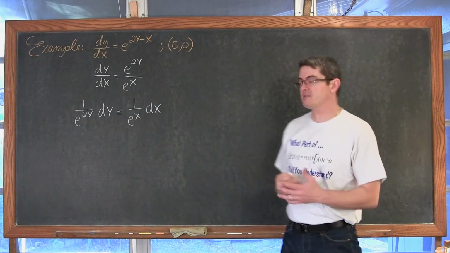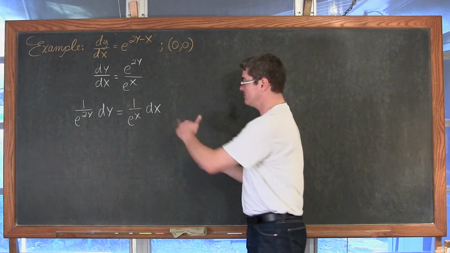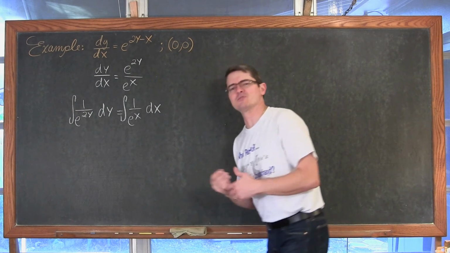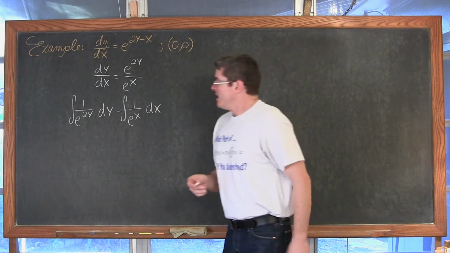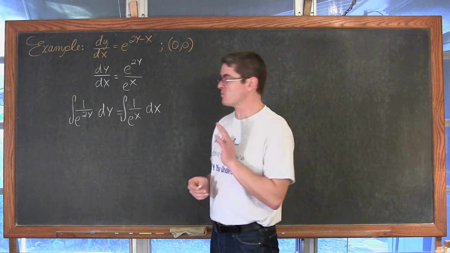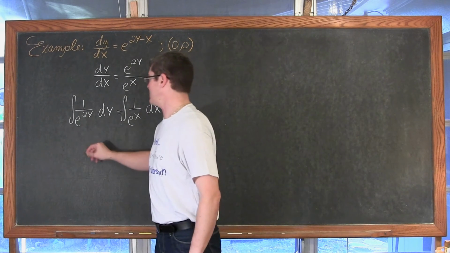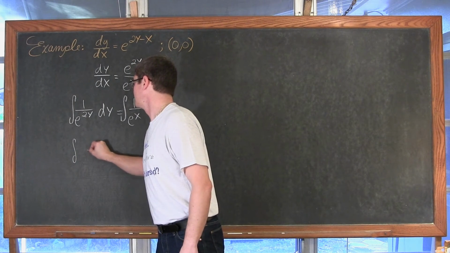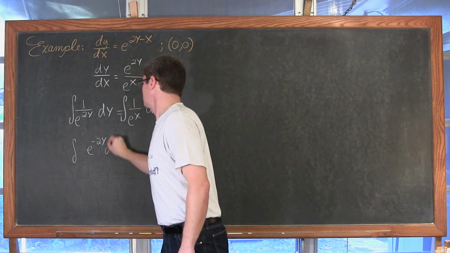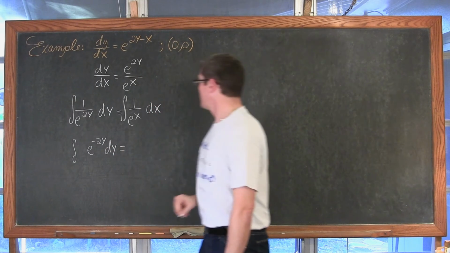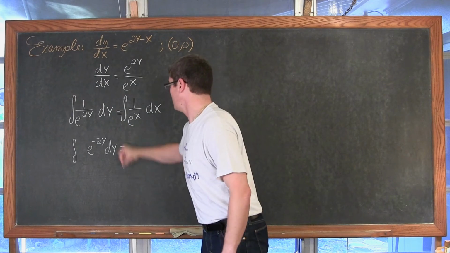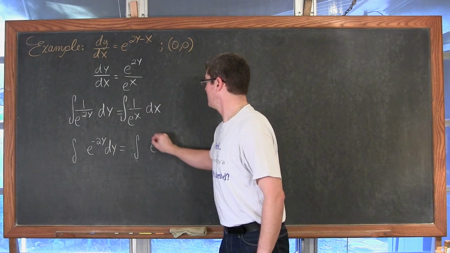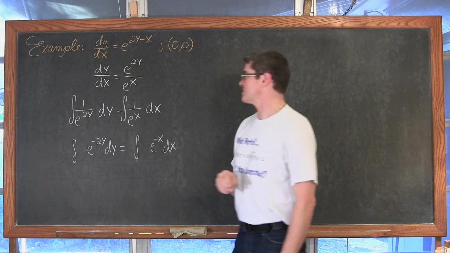Alright, now we have isolated both our variables on each side of our equation. We're going to take the indefinite integral of both sides with respect to the isolated variable. We're not quite set up to just write the answer, so this is going to be e to the negative 2y, just to make it look a little cleaner for what I prefer. And over here, we're going to have the indefinite integral of e to the negative x dx.